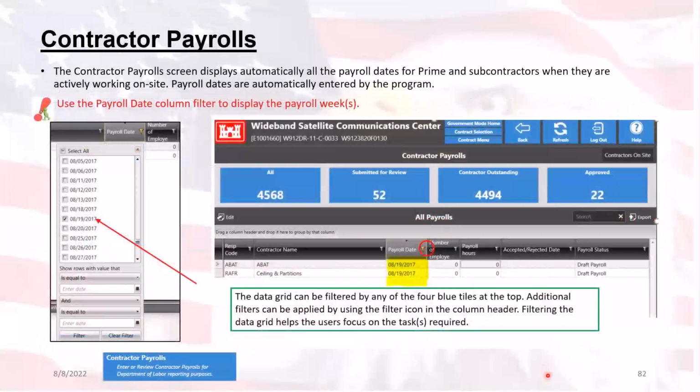So with those options previously selected, you can see the various payrolls for each responsibility code once you open up the Contractor Payrolls module. They will all be located within our handy-dandy data grid, using our handy-dandy sort boxes located here at the top of the screen. They can be further grouped and filtered using the options that we previously discussed in the